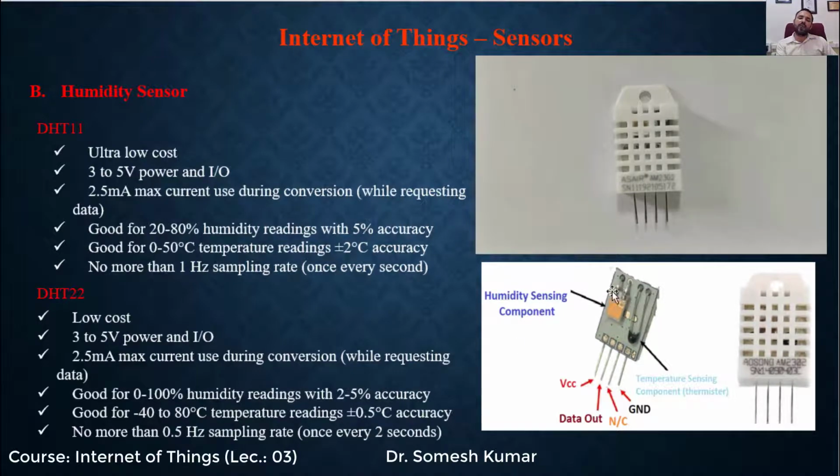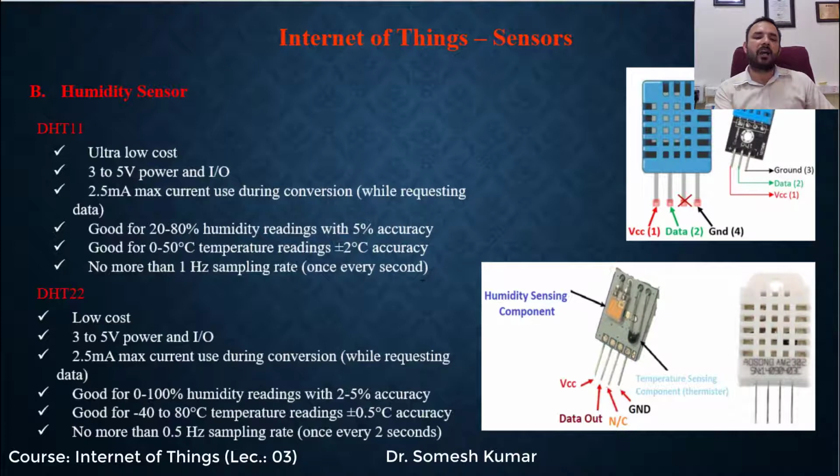Between these two electrodes, if the humidity changes, the dielectric constant between them changes, and accordingly your capacitance changes, and this capacitance gives the output. Here the capacitance gives the output in the form of voltage. If the capacitance changes, then the voltage generated changes, meaning the VC changes. So this VRH gives the output in the form of relative humidity.